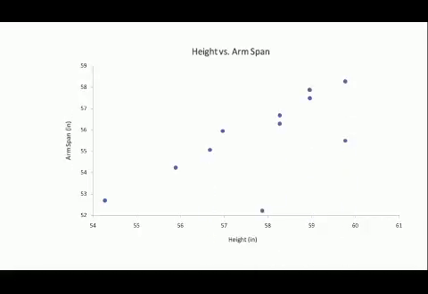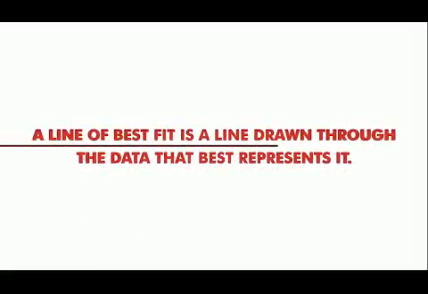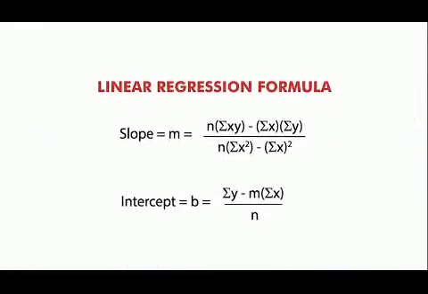This in itself is helpful, but creating a line of best fit and calculating the correlation coefficient can give us even more information about how these two variables are related and what we can expect if we were to collect further data. A line of best fit is a line drawn through the data that best represents it. There are a few ways you can do this. You may choose to estimate this line by hand or use the linear regression formula to help calculate the exact